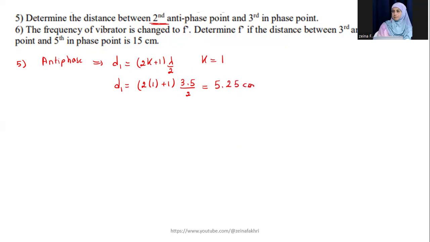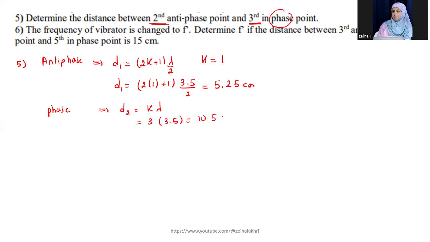Now, let's find the distance of the third point in phase. The distance here is with respect to the source. So when I'm talking in phase, d2 is equal to k multiplied by lambda. In the case of phase, when I say third, this corresponds to k equal to 3, since the first k is equal to 1. So we'll obtain here 3 multiplied by 3.5, which is equal to